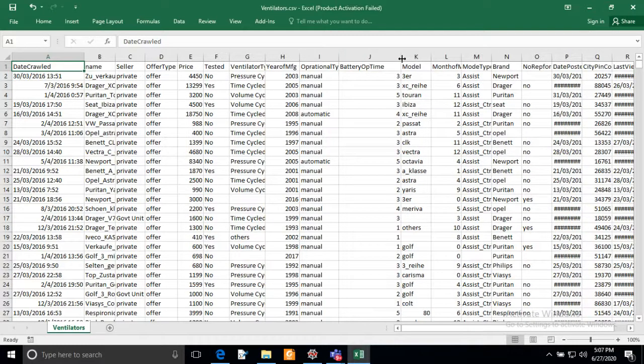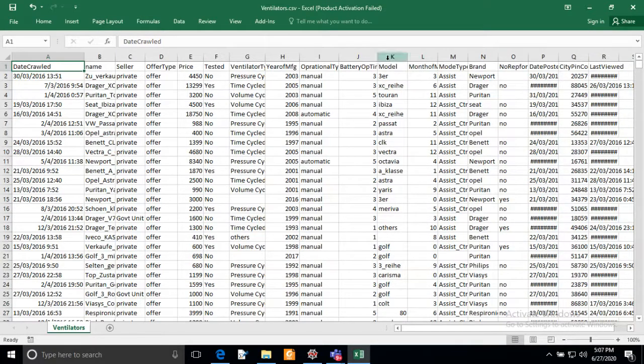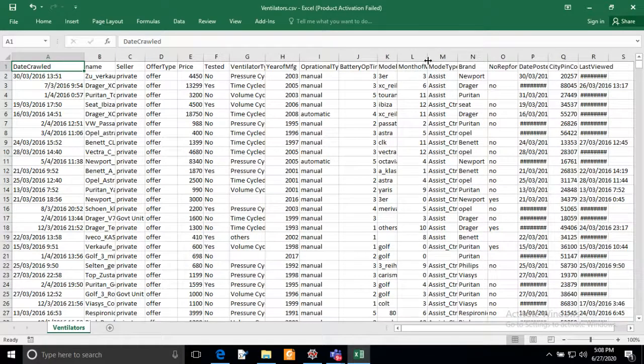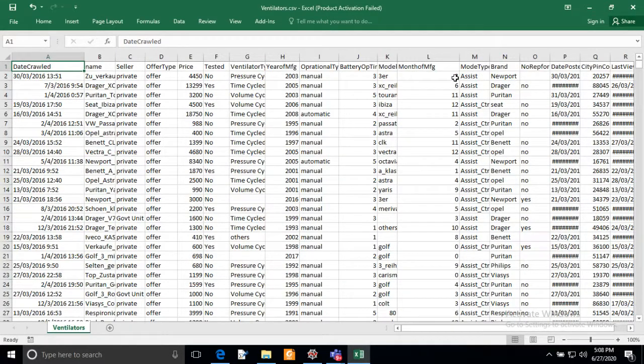And this is the battery operating time, because ventilators also have some backup, so if electricity is not available, they will still work. So this is the battery backup of that ventilator. Now this is the model of those ventilators, and this is the month of manufacturing, meaning we have collected the year and month of manufacturing.